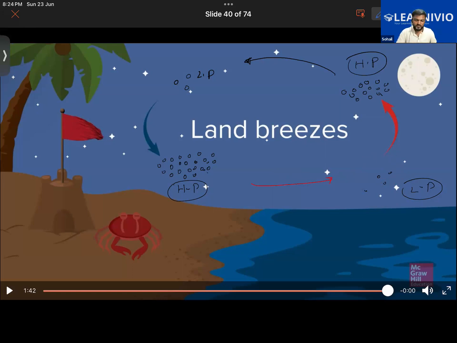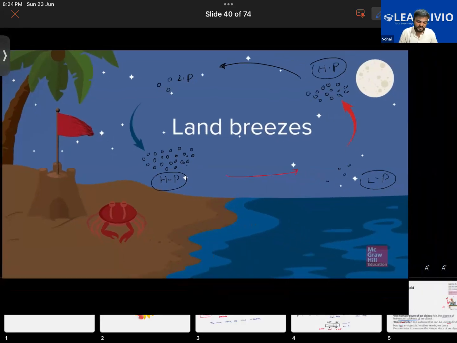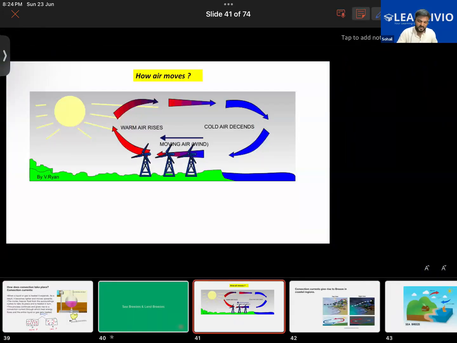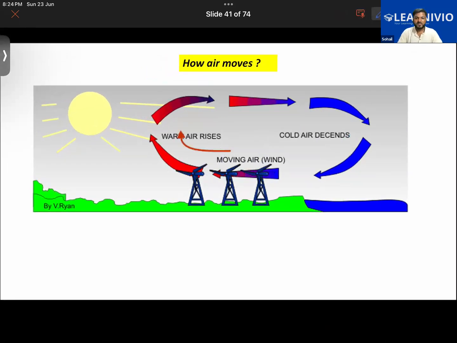So that is the thing. Yes, sir. So during daytime it would be sea breeze, and during the night it would be land breeze. Here also via this animation you can understand what is happening during daytime. Warm air from above the land will rise up. So cold air from the seaside, from the water body, will descend towards the land in order to occupy this space. And again warm air higher up in the sky is going towards the water body, because here the pressure is higher up in the sky, and here it is low. While above the water body, the pressure is this high.